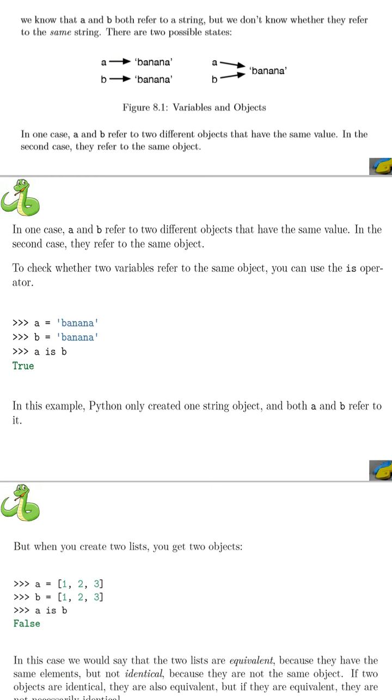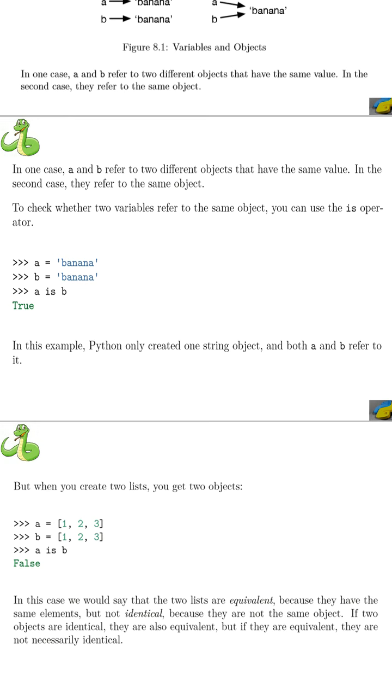So how can we check when variables A and B refer to the same object, and when A and B refer to different objects with the same content banana? For that, as we have studied in our first module, the is operator will help us to check whether two variables refer to the same object or not. To check this, we will say A equal to banana, B equal to banana.